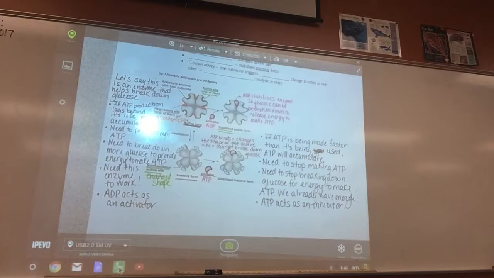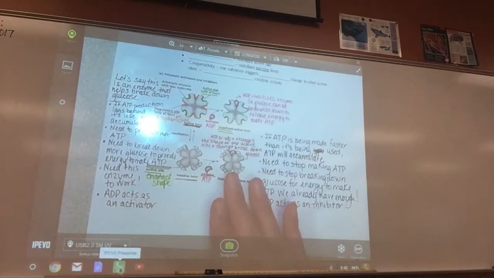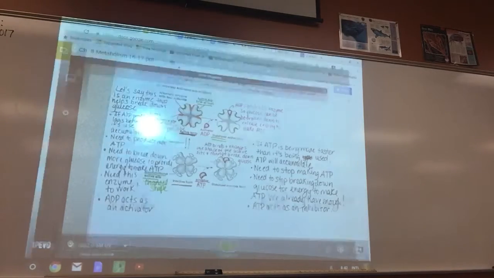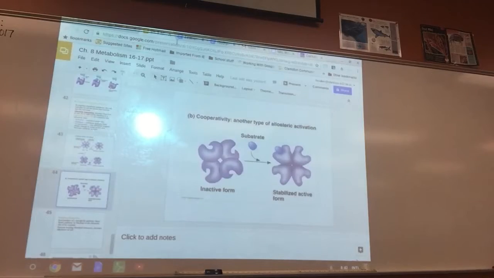So that is one way that our cells control reactions and whether or not they're going to occur, because it's really inefficient for all reactions to occur all the time. So this allosteric regulation is one way to control that. All right, so let's go back to the PowerPoint and look at, so if you turn your page over,